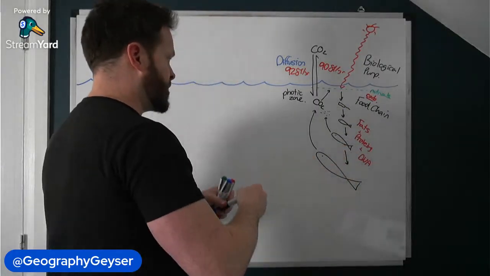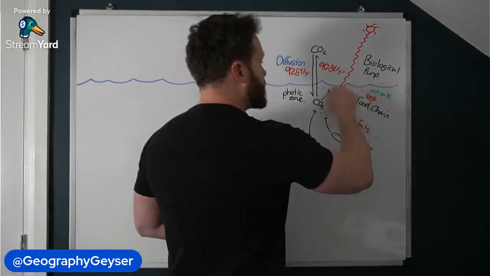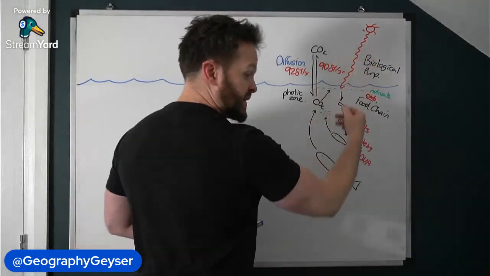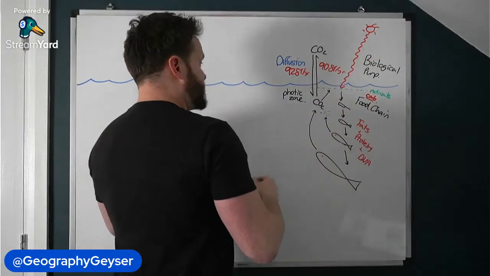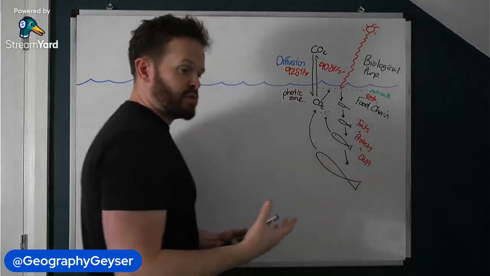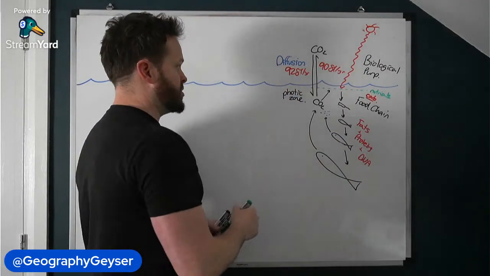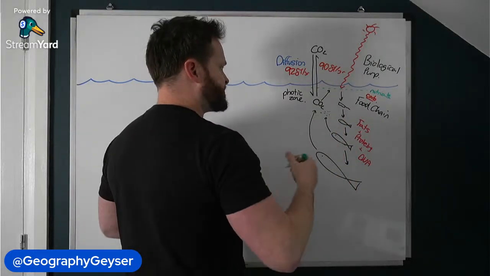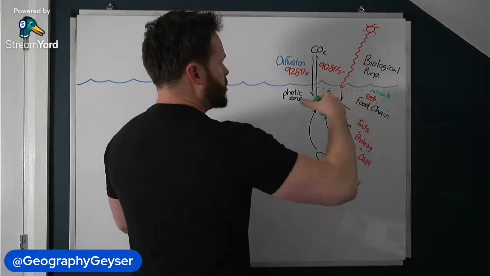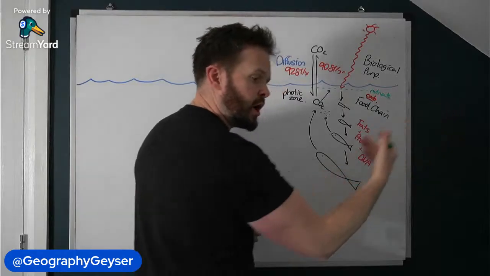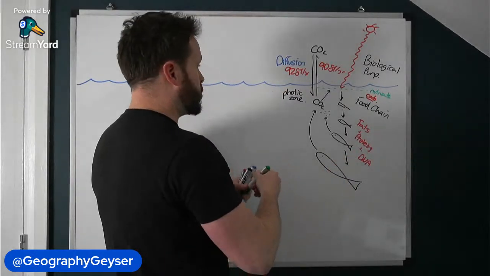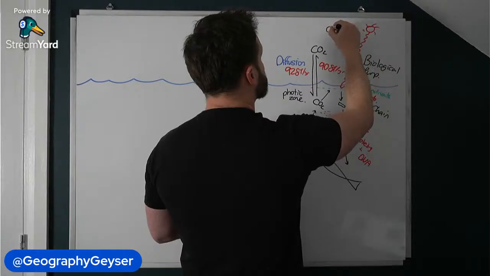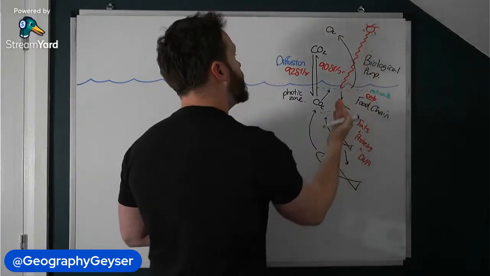The other thing we've got to think about as well is your first layer, where photosynthesis takes place. These are your net primary producers. So the primary productivity takes place here. Now, the role played here is not just carbon dioxide in. The role here is also oxygen out. So it's carbon dioxide in, oxygen out.